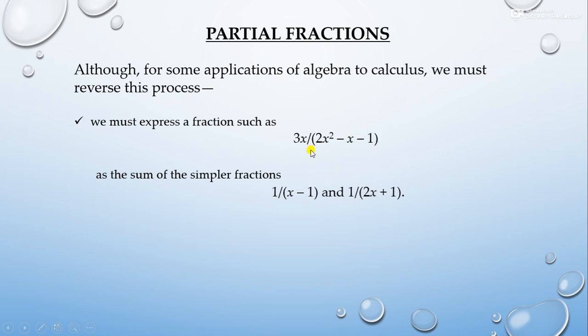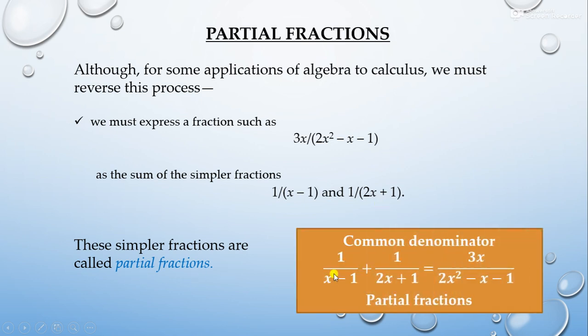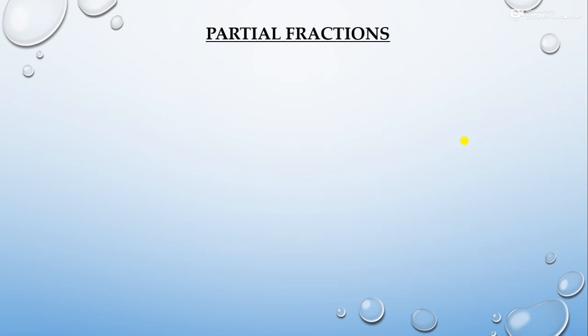So when we have this fraction and we split it into two fractions, this process is called partial fractions. We can say that if we have two fractional terms and we add or subtract them and find the common denominator, then reversely, if we have this expression and we split it into two different denominator fractions, this is called partial fractions. Clear what partial fractions are? Okay, now let's take some examples of how to do the partial fractions of given expressions.